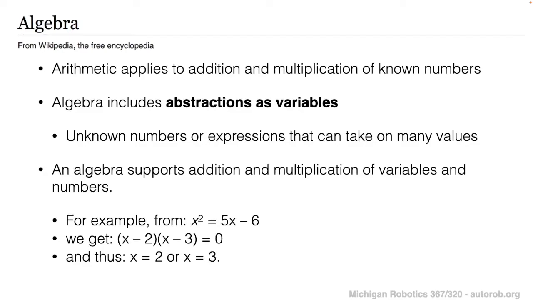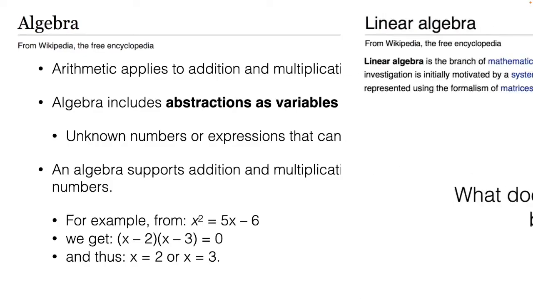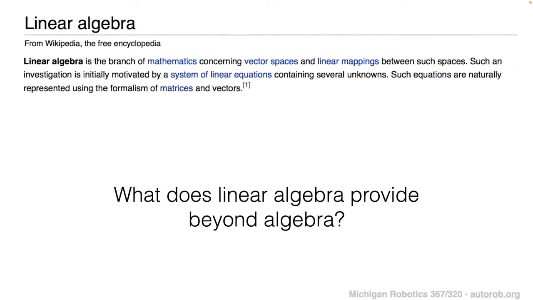And so this is where algebra is useful, and this is where algebra extends the more rudimentary standard arithmetic. So it allows us to operate with variables. So given that that's what algebra is providing, what then is linear algebra providing beyond just algebra? And so linear algebra is the subset of algebra which is concerned with vector spaces, and in particular with linear mappings